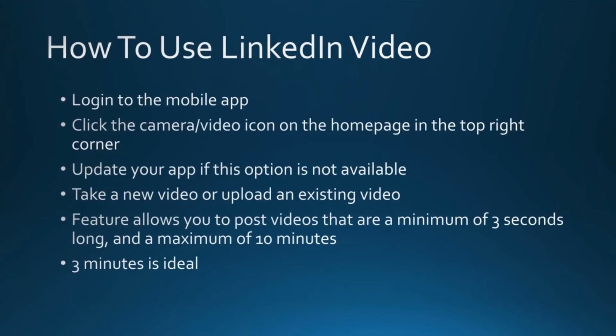So simply to access the feature, first of all, as I mentioned before, you do have to be using the mobile app, and it is pretty straightforward. So on the home page of the app in the top right corner, you'll see two icons, and one of them is a camera and the other is a video icon. And if you don't see both of these icons, you may just need to update your app. If you haven't updated it recently, you probably won't have this feature available, so just make sure that it is always up to date. And if you click on either of these icons, and be sure that you've given the app access to your camera as well, a page will open up with the options to either take a new photo, take a video, or upload something that's already been recorded